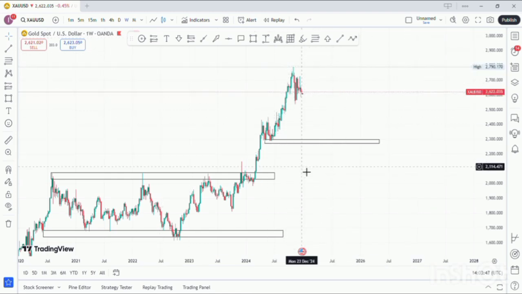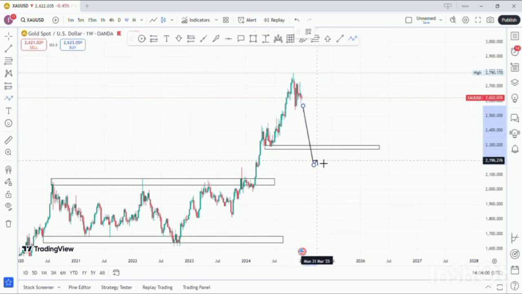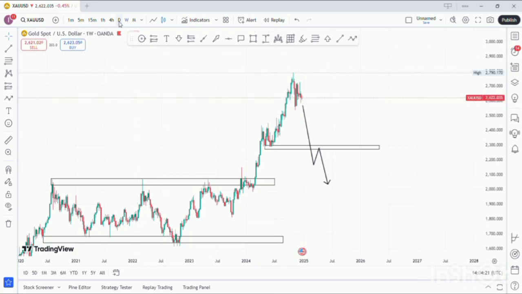But in the case where price breaks below this zone, then we will expect price to give us a confirmation, much like a retest, before continuing to this resistance level. This was a resistance we marked out on the monthly time frame. Expect price to give us a confirmation before continuing to retest this resistance level right here, thereby turning it into a valid support, guys. So right here on the weekly time frame for XAU USD, we are expecting price to